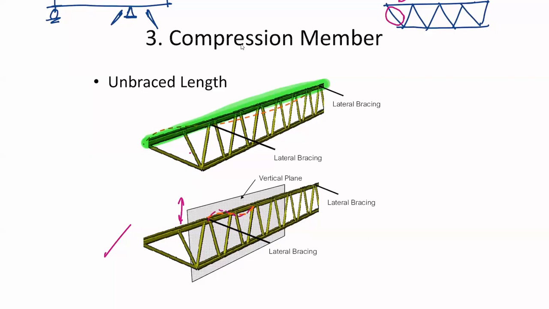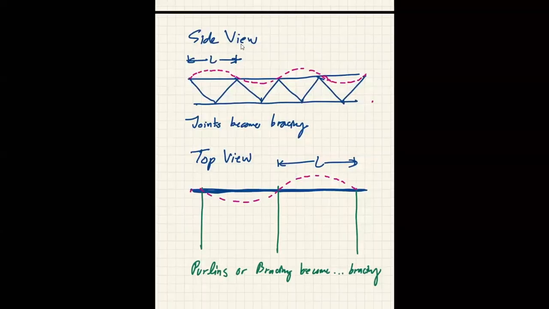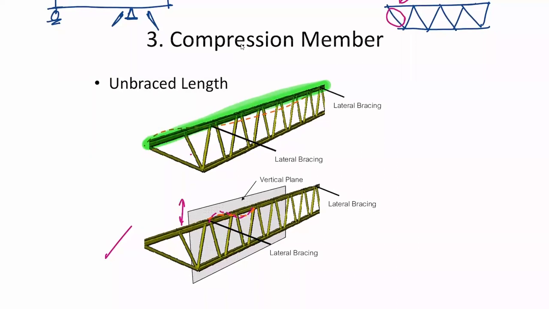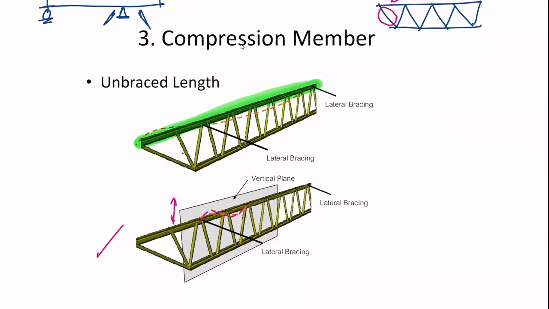The joint becomes your brace point. If it's going to buckle up and down in the gray plane, it is exactly this first picture. Now it can buckle up and down, and it can also buckle left and right. When it is going to buckle left and right out of this gray plane, we call it out of plane buckling. When it's going to move to the side like this,